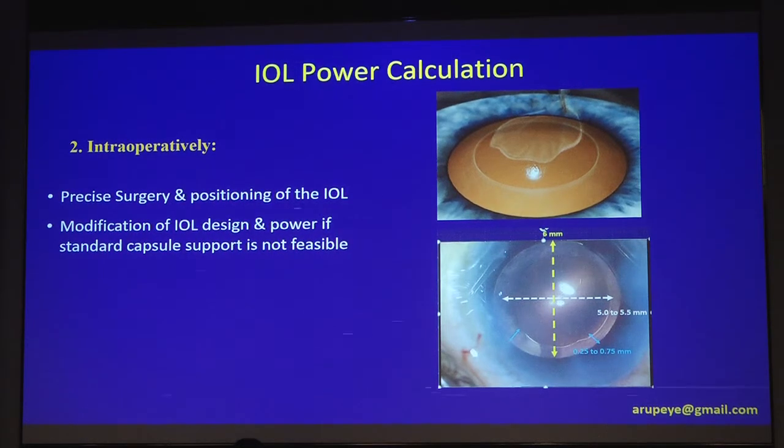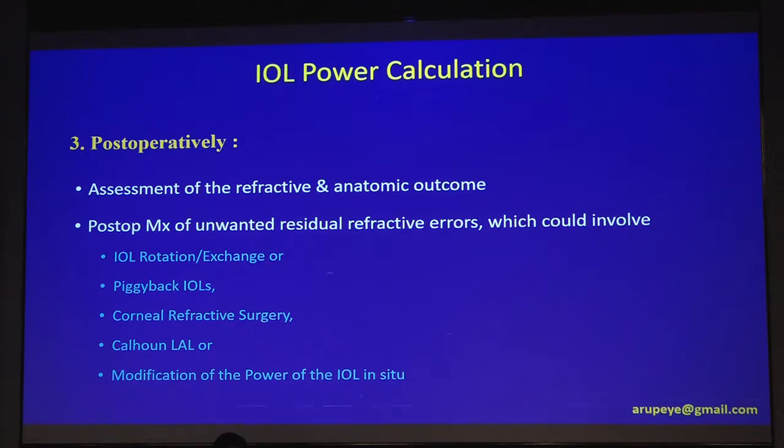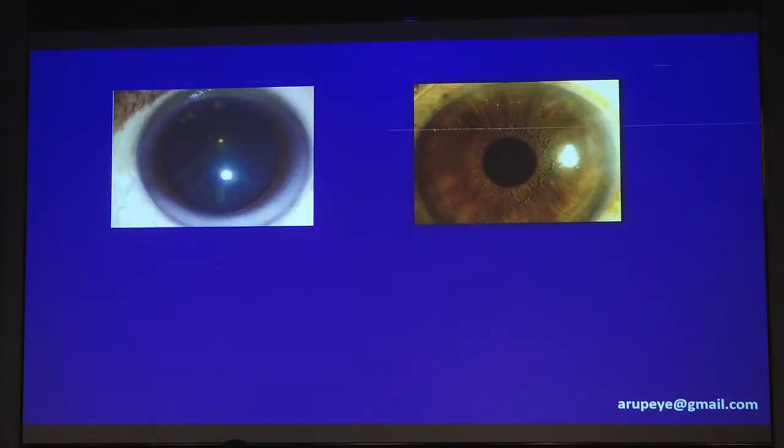You have to make sure that your surgery is standardized: temporal clear corneal incision 2.4 to 2.8 millimeter, central 5 millimeter capsulorhexis with anterior capsule overlapping the IOL optic surface. So we have to ensure this, as it reduces the error pertaining to the assumption of the effective lens position. This is the best we could do intraoperatively. Post-operatively is the moment of truth where you know how exactly you have performed, how far you're off from the target refraction, and then subsequently the lens constant adjustment may have to be done.